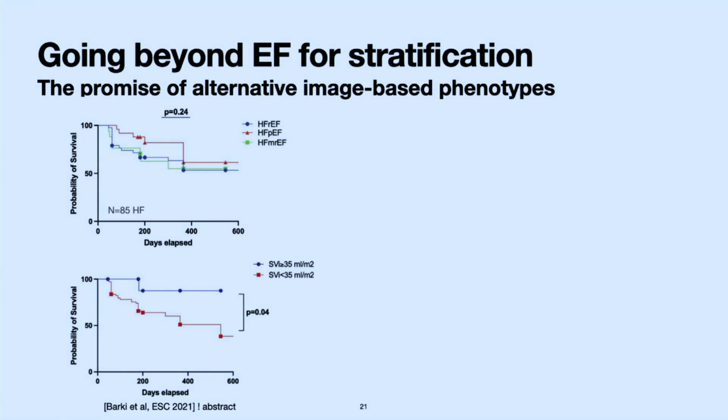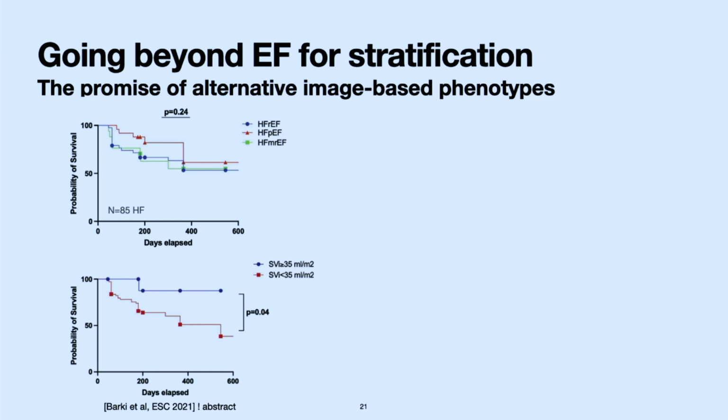And you see that you don't really have differentiated survival. Instead, at the bottom, what they used here is stroke volume index. It's another measure of cardiac function. And if you do it like this, then you see really clearly differentiated survival, right? So this is a tiny example. And it's not really peer-reviewed, but this is just to illustrate that it is very probable that if you look at the imaging differently, you can find clusters of patients that have differentiated survival.